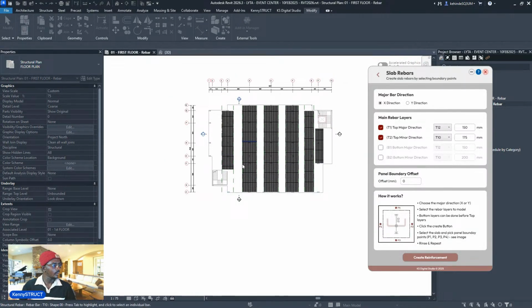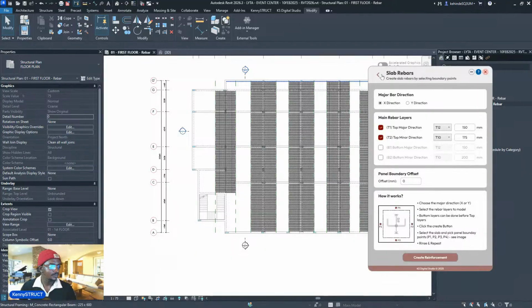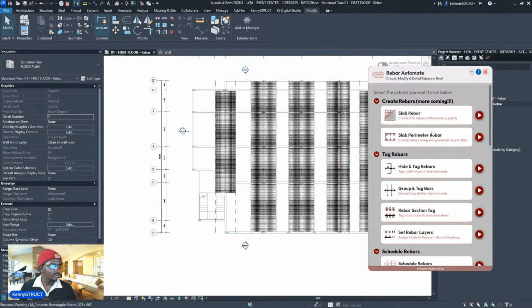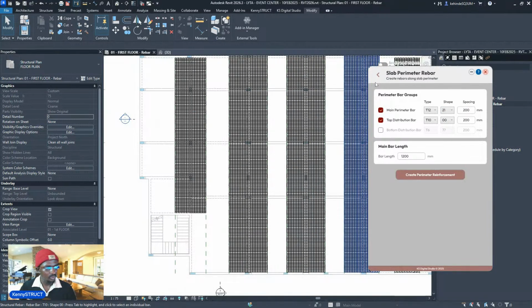Okay. So now there's situations where we now need to add like our U bars at the corner bars, perimeter bars. We have this tool called slab perimeter bar. So specify the main bar as maybe T12 or T10, however you want it to be, and specify the shape and then the spacing as well. If you remember, the spacing of our bottom bar was 150,